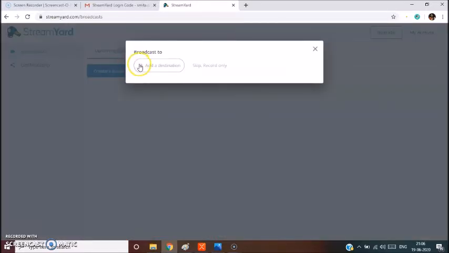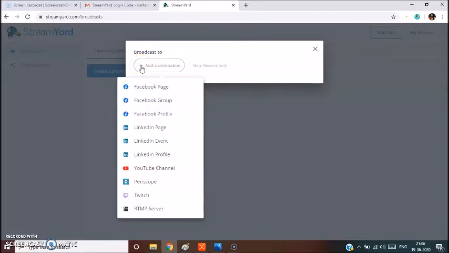It will ask you to add the destination. So click on this plus sign. These are the different options you can add as destination, and they are Facebook page, Facebook group, Facebook profile, LinkedIn page, LinkedIn event, LinkedIn profile, YouTube channel, Periscope, Tweet, RTMP server.